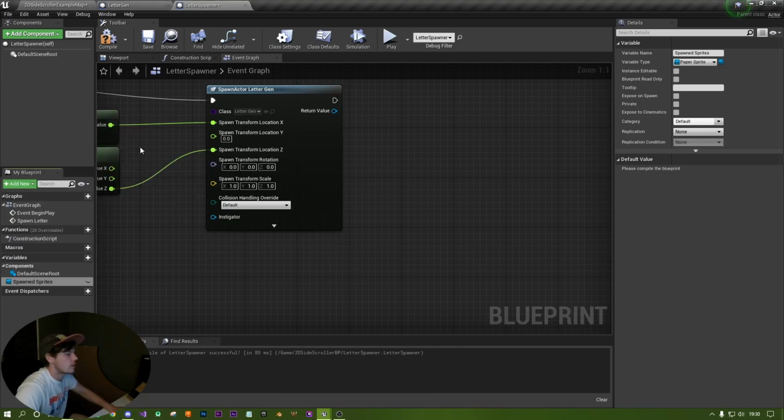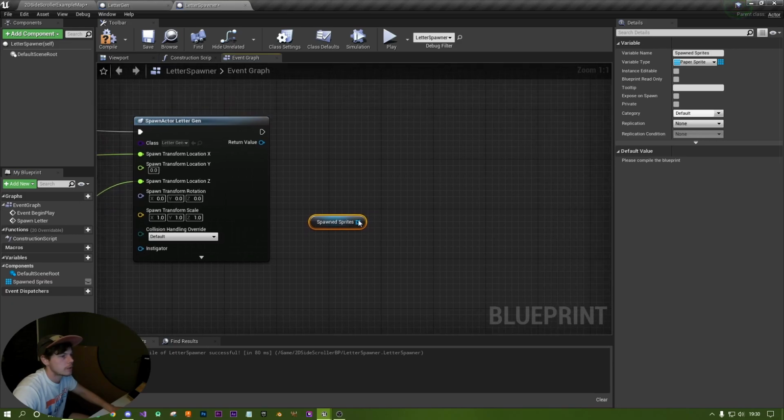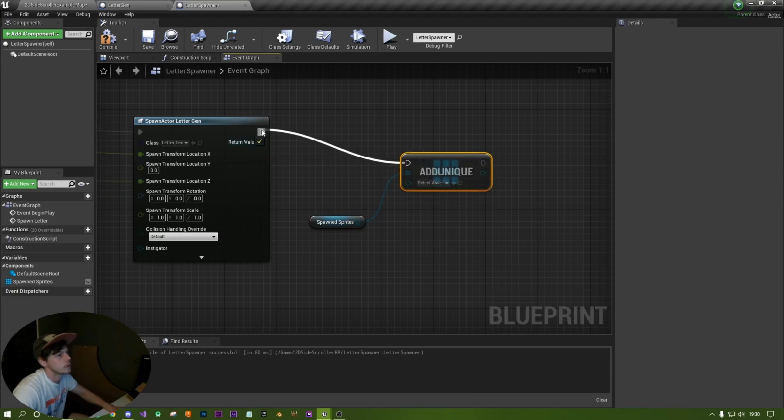And then it's going to be an object reference. Now, if you right click, you can change this to an array, because there is a chance that multiple of these letters are going to be on the screen at one time. So what we can do now is drag this spawn sprites in, and we can say add unique,